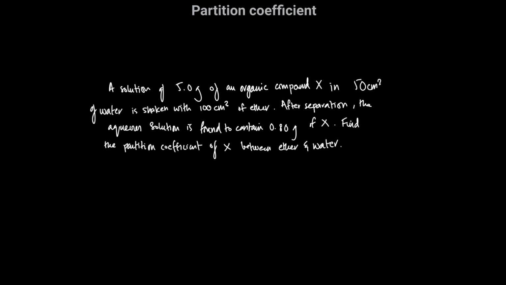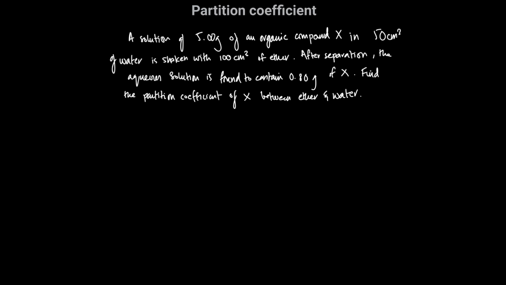So the question says, a solution of 5 grams of an organic compound X in 50 centimeter cube of water is shaken with 100 centimeter cube of ether. Okay, that's our organic solvent here. After separation, the aqueous solution is found to contain 0.8 grams of X. Find the partition coefficient of X between ether and water. So over here we have the following equilibrium. We have X that is being extracted from the aqueous layer into the ether, right? Ether is our organic solvent, and we know that the partition coefficient,